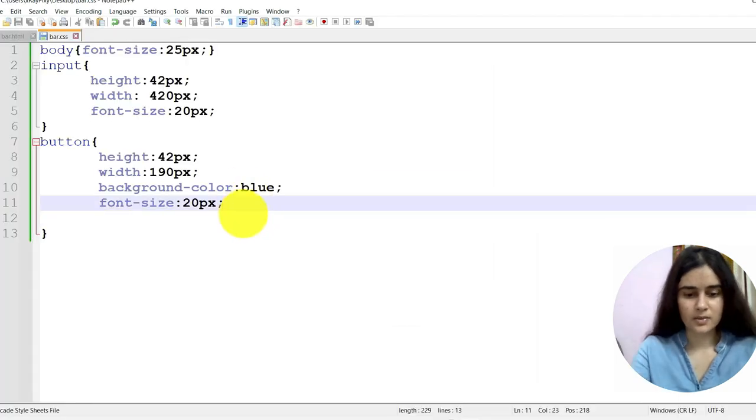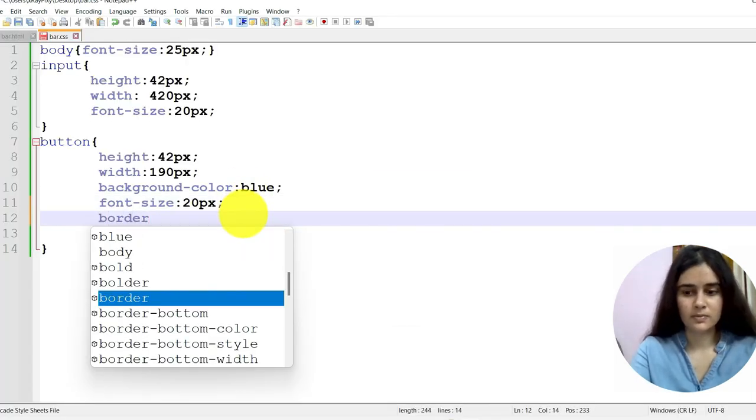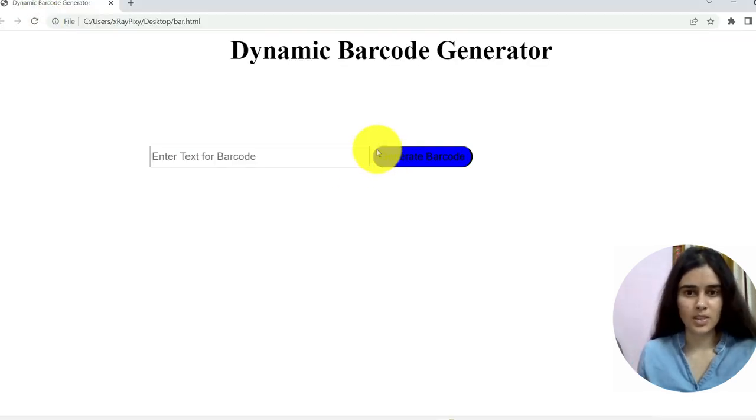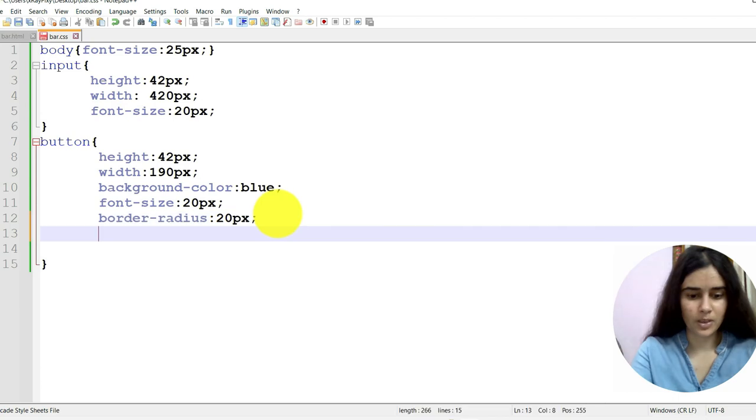Border radius 20 pixel. You can see the slight change in the corners. Now box shadow.